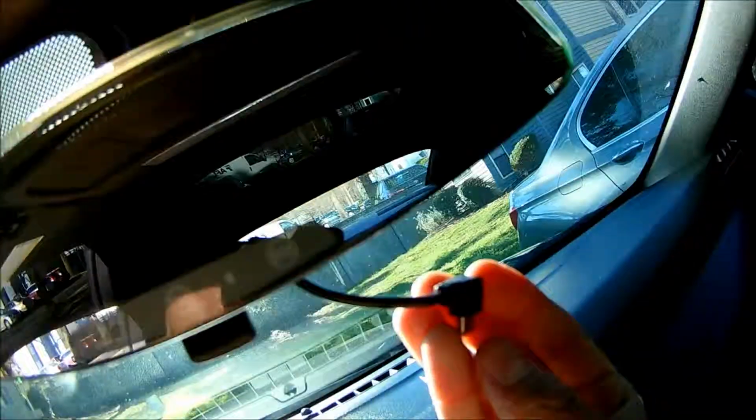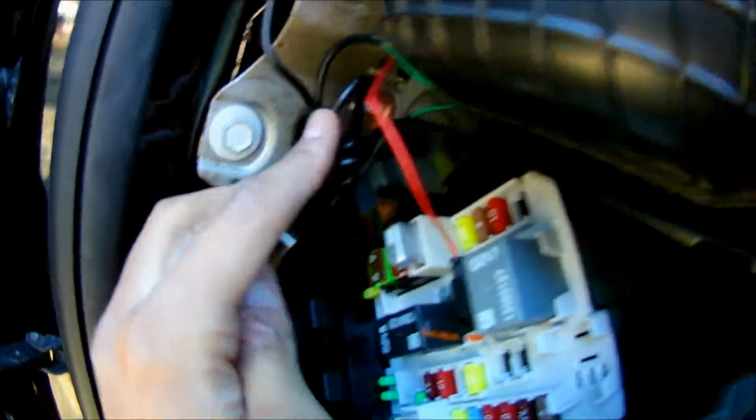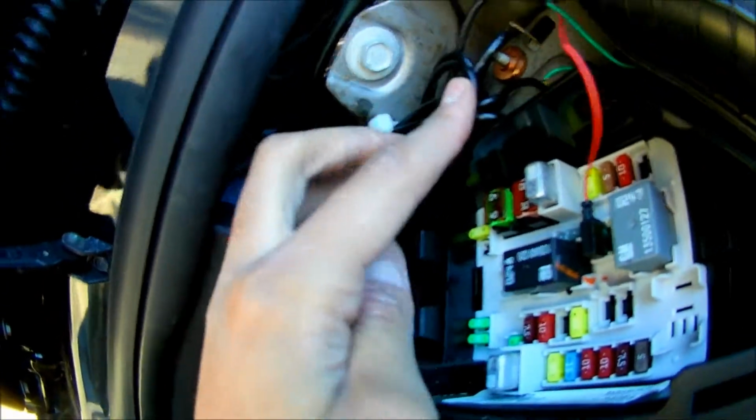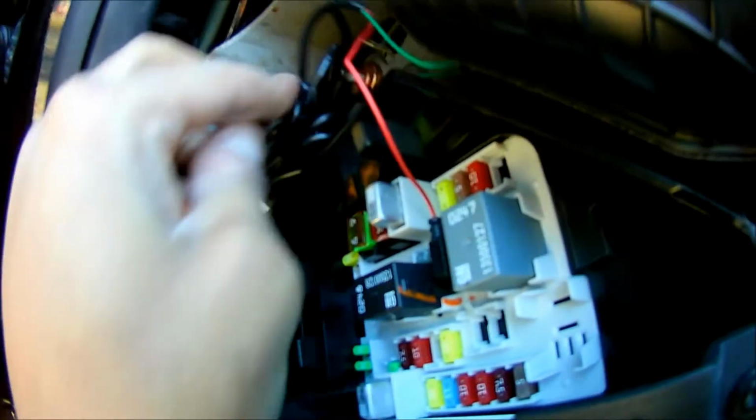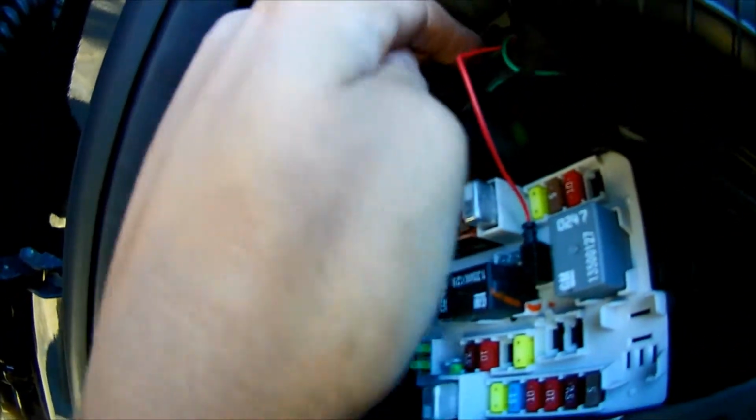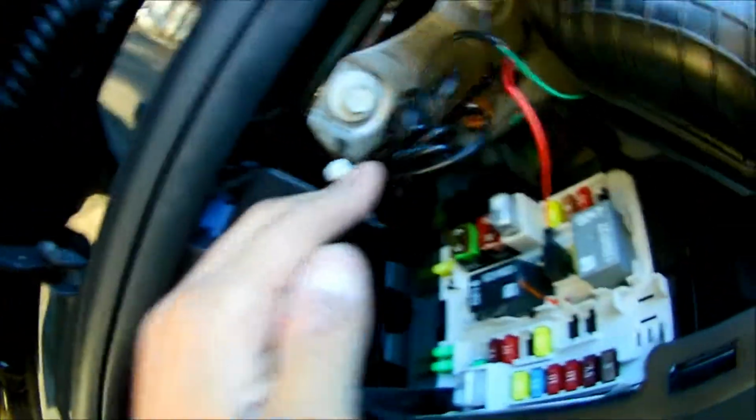So the wiring job is done. I have it routed all the way up here, going all the way around this into here, down here, leading into the fuse box, and I have my wires zip tied and bundled up and stuffed down here, so hopefully they won't move anywhere. But if they do, I might have to come back in here and zip tie it to maybe that piece of metal back there. But otherwise it's staying pretty well put, and I'm going to put the cover back on and